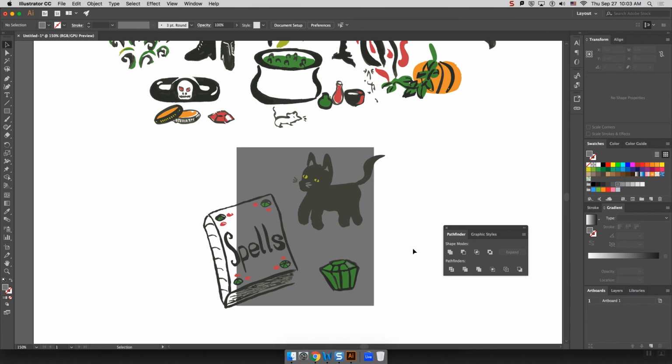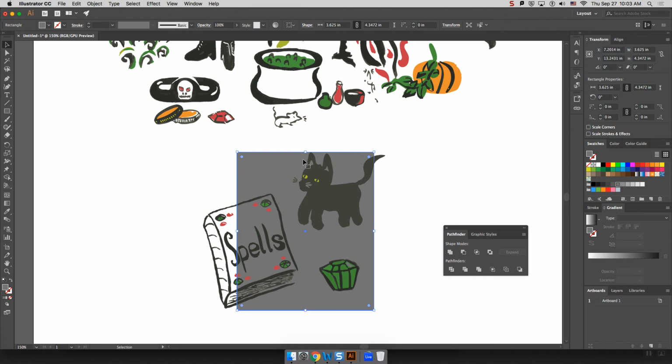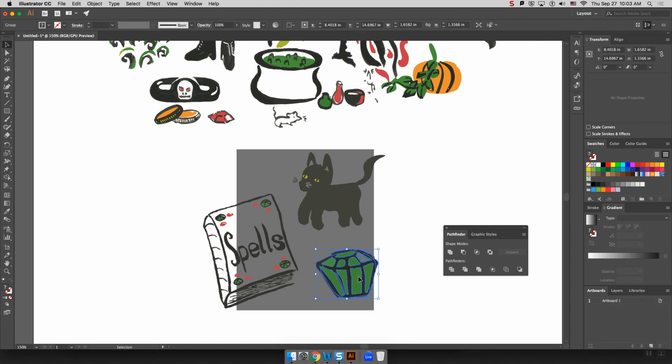Image trace is very handy. It's how I do a lot of my work, although it is still valuable to know how to use the pen tool. And the pen tool, especially later on when we're learning how to do flats, like next semester when we're learning how to do illustrations, like fashion illustrations, all of that, the pen tool is going to be much more important. So,